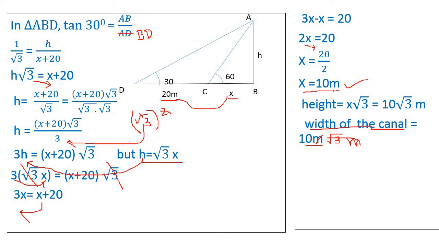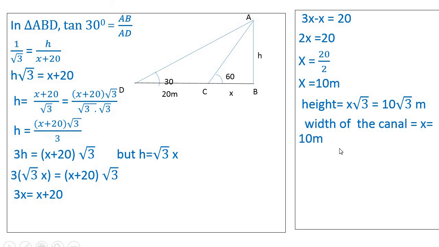Therefore x is equal to 10 meter. So this is how we can calculate the height of the tower and width of the canal by using trigonometric ratios. Let us move to